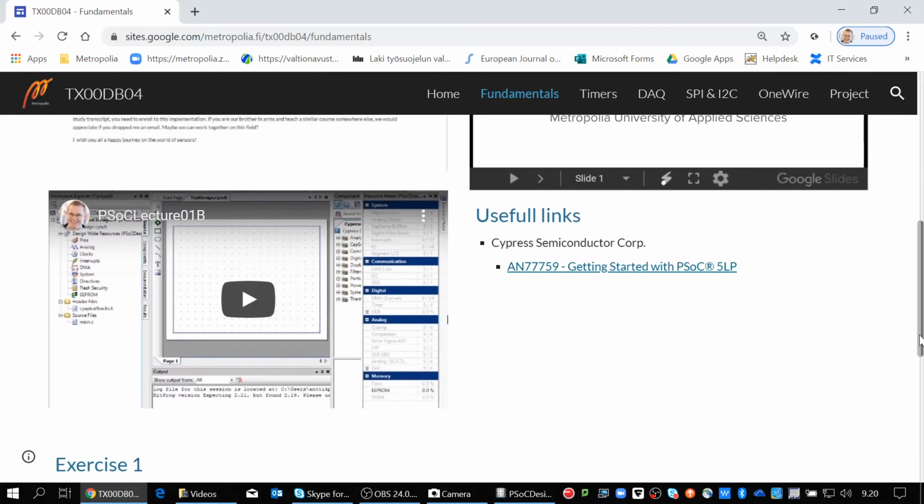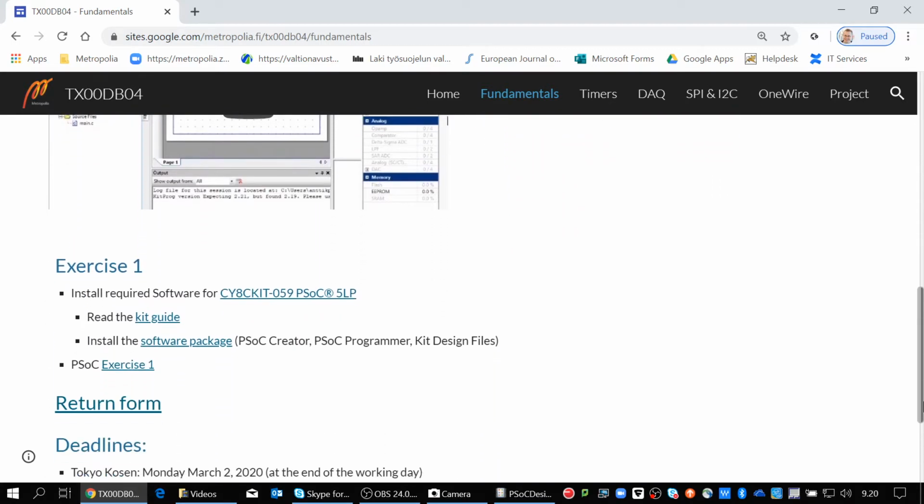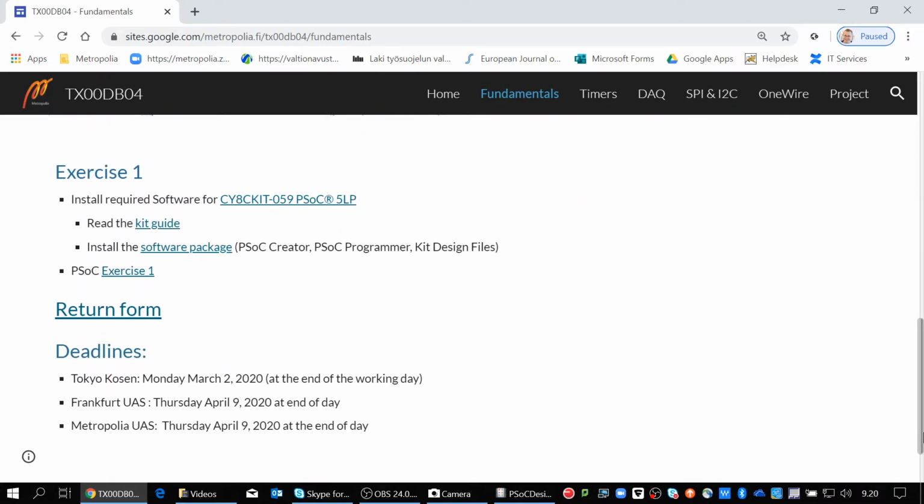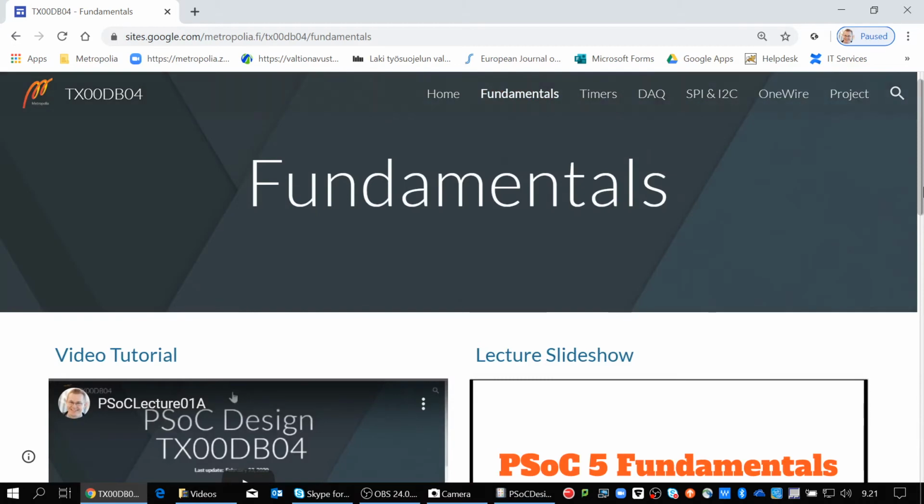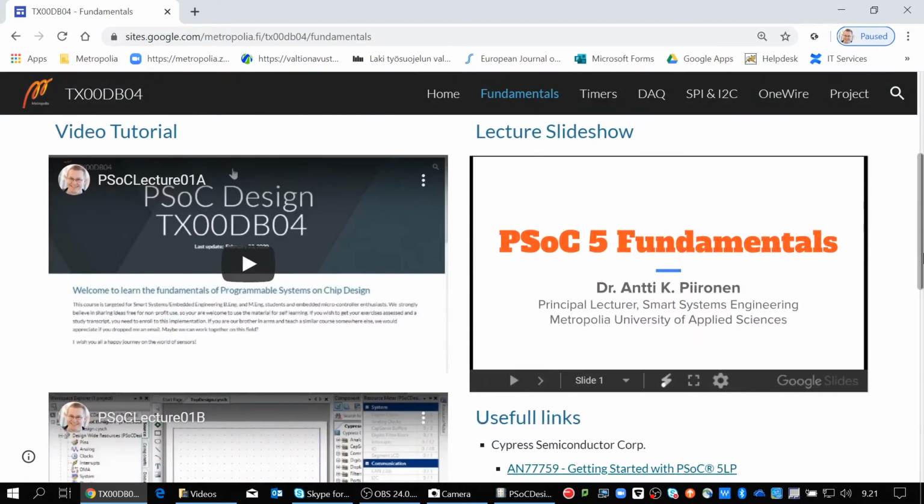There are also some useful links, and then there's the exercise along with some useful hints, and then there's the exercise template and a return form. The only way you can return these exercises is using this form. Okay, anyways, the first fundamentals, let me open this